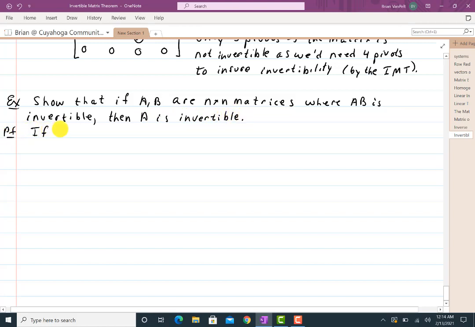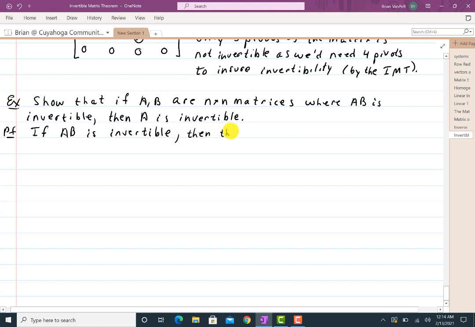So if AB is invertible, notice we're not saying that both A and B are invertible, just the product is invertible. So if AB is invertible,